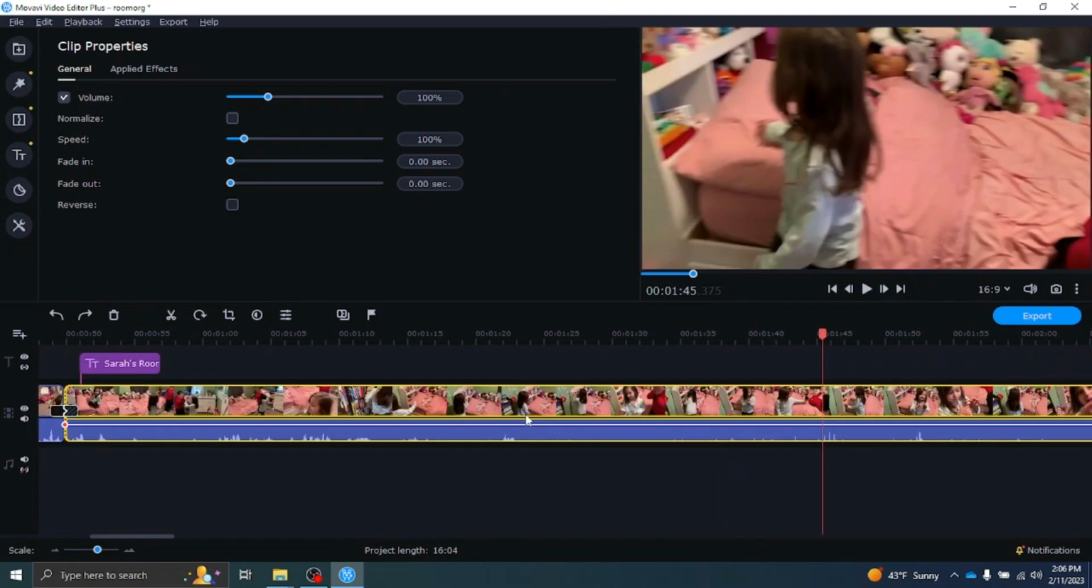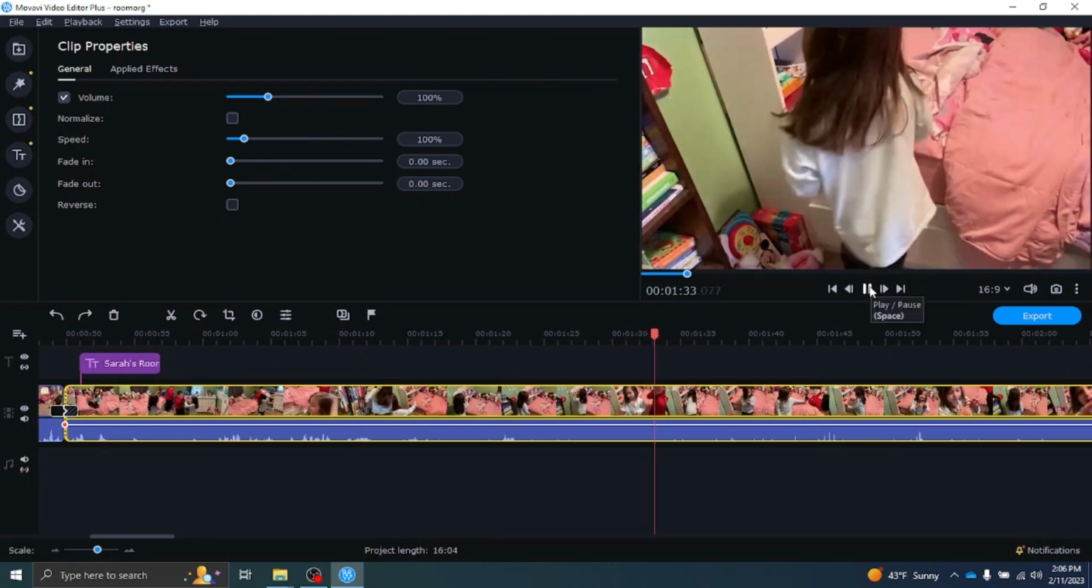Okay, so I've been watching through this video, and I found another point where I'm going to cut it. I'm going to cut it right after Sarah gives Xander